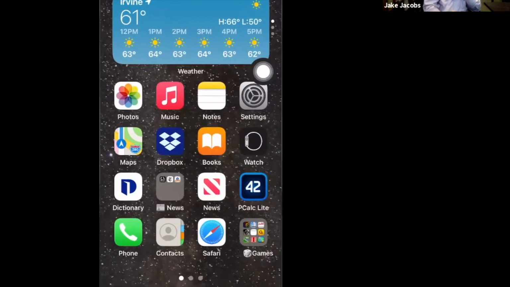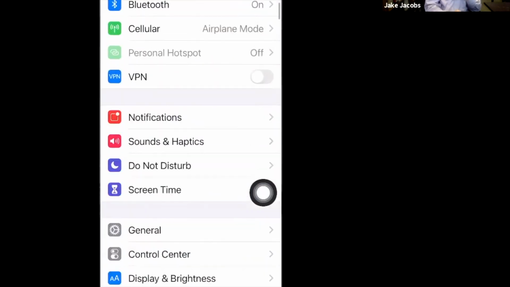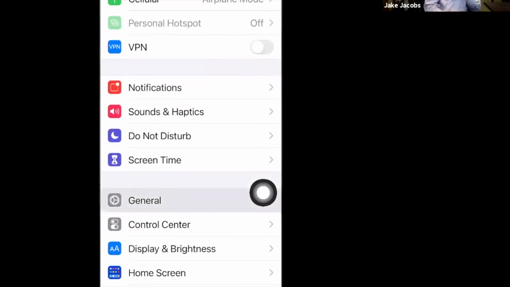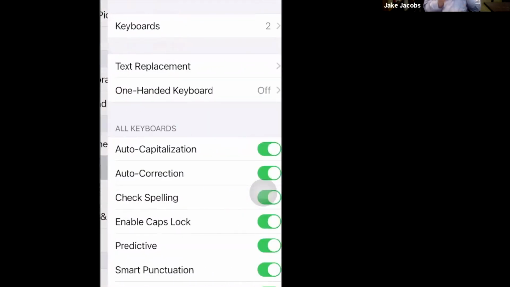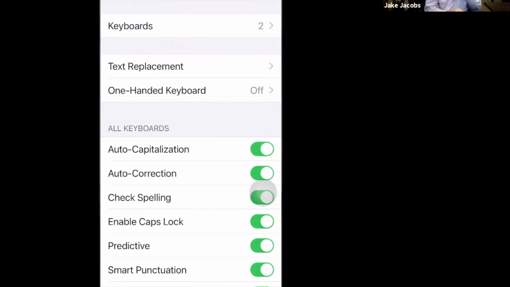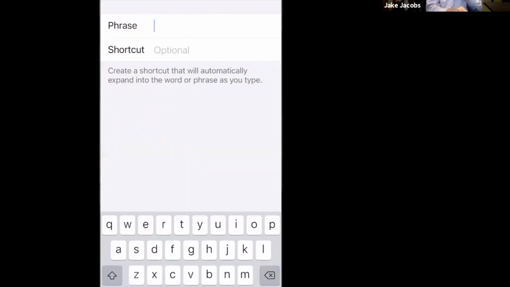Or if you don't know how to do that or forget that, if you go to settings and then go down to general and go to keyboard, it takes you to the same place. And then you tap on text replacement and there you are. And the way you do it, as I said, I'll just review, is you tap the plus button, create the phrase that you want. So if I wanted my